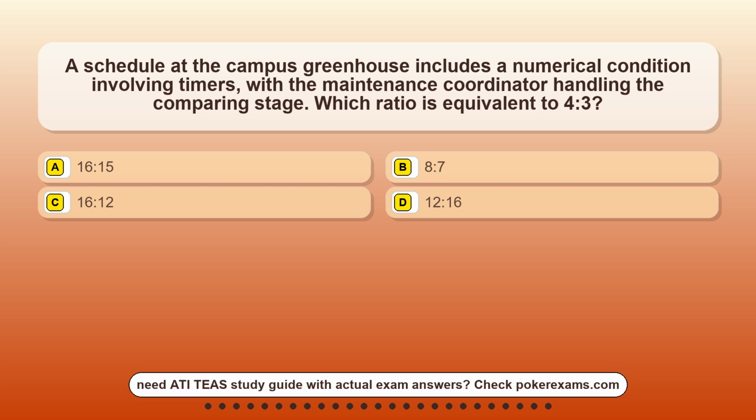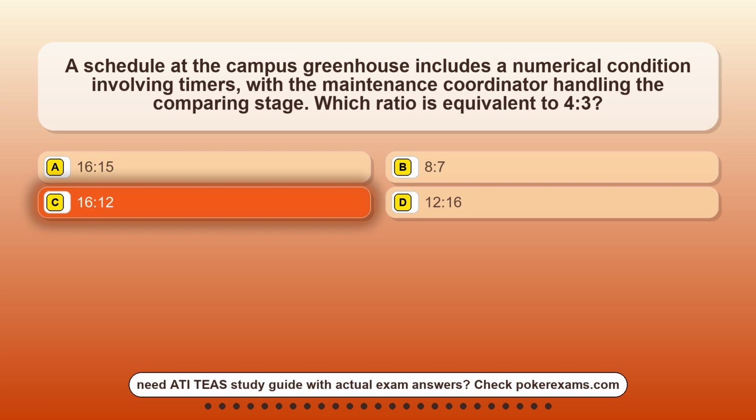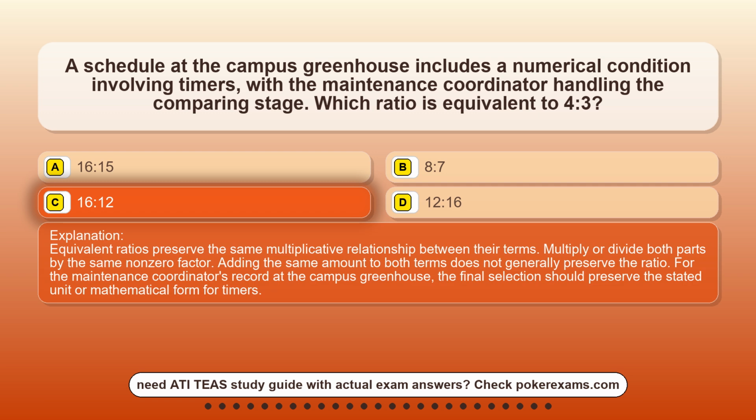Option A, 16:15. Option B, 8:7. Option C, 16:12. Option D, 12:16. The correct answer is option C, 16:12. Equivalent ratios preserve the same multiplicative relationship between their terms. Multiply or divide both parts by the same non-zero factor. Adding the same amount to both terms does not generally preserve the ratio. For the maintenance coordinator's record at the campus greenhouse, the final selection should preserve the stated unit or mathematical form